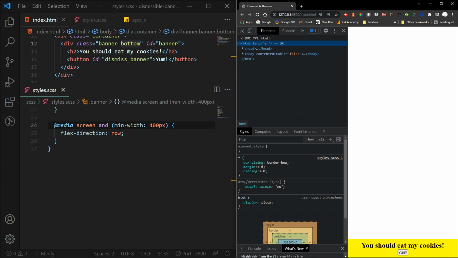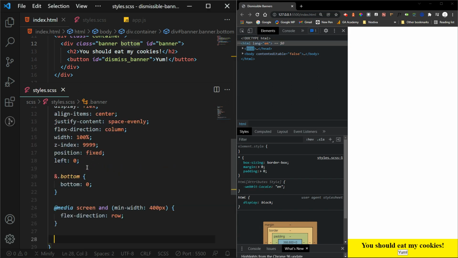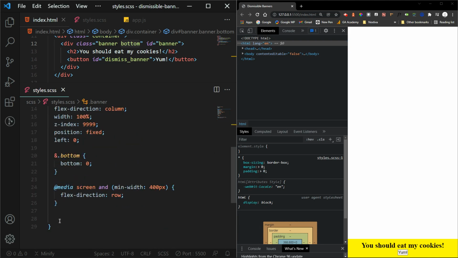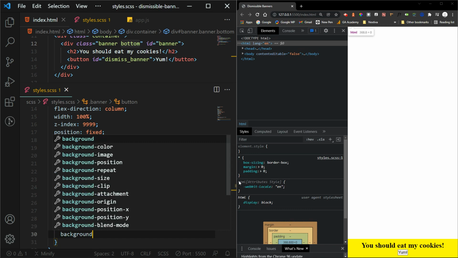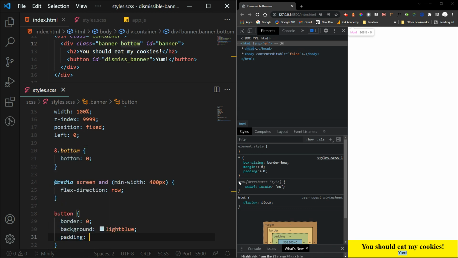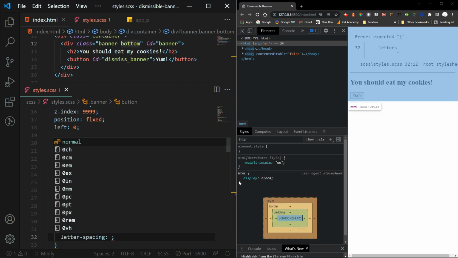So next thing I need to do is style my button. So I'm doing all of this with SASS. It's all nested inside of this one class here. That's one great option about having SASS. Now, let's see, button, and let's set a border to 0, background to light blue, some padding, some letter spacing,